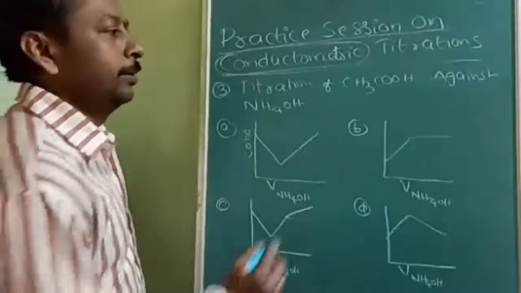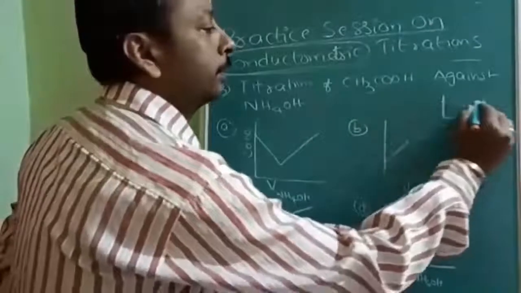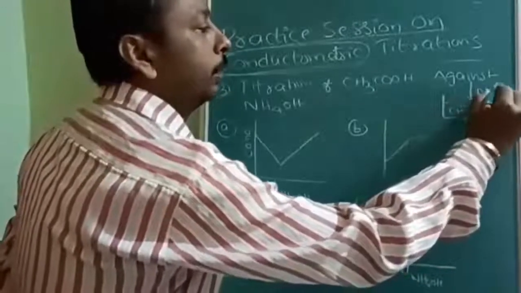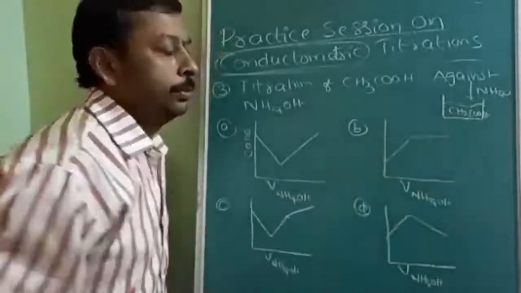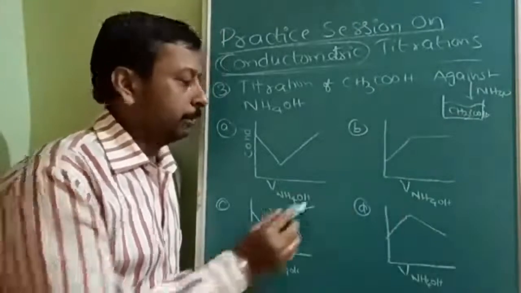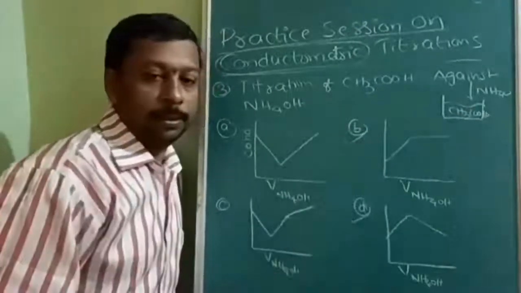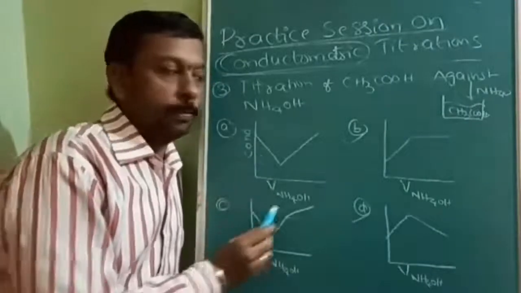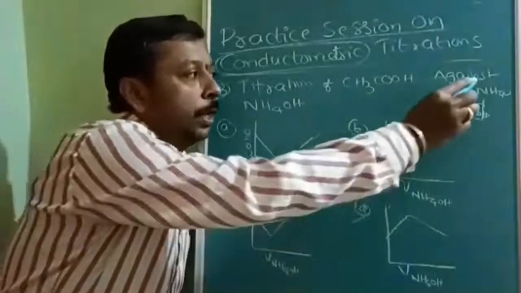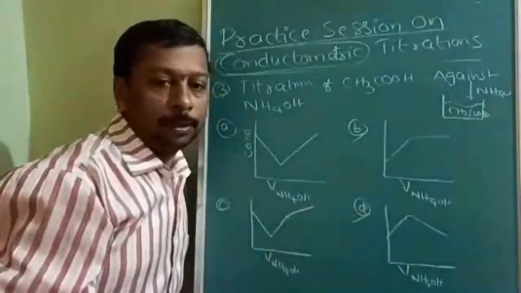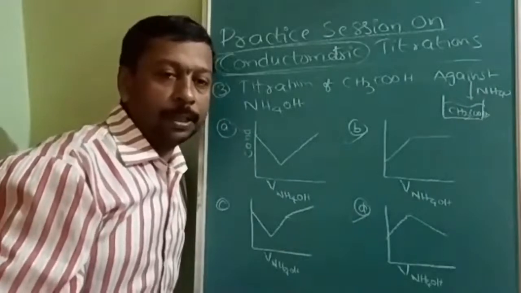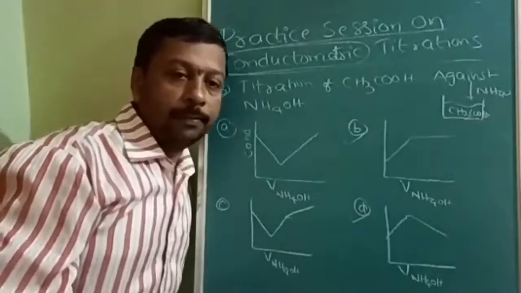Here, initially, in the container, what will we have? Acetic acid. And what are we adding? NH4OH. So, initially, should we start from the bottom or top? Weak acid, so we should start from the bottom. Therefore, either this can be there or this can be there. Understood? These two are not possible because we are starting with a weak acid. Then after that, if we add ammonium hydroxide, salt will be formed. So ammonium acetate, which is better? Ammonium acetate is better or acetic acid is better? Acetic acid is a weak acid.